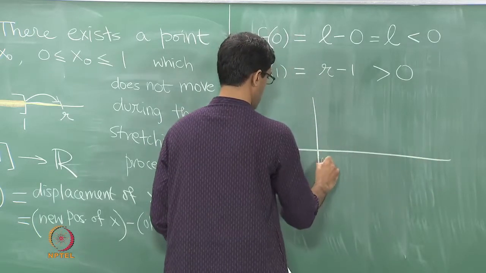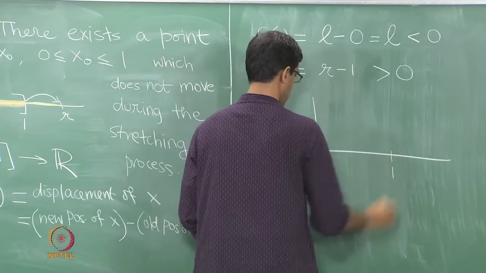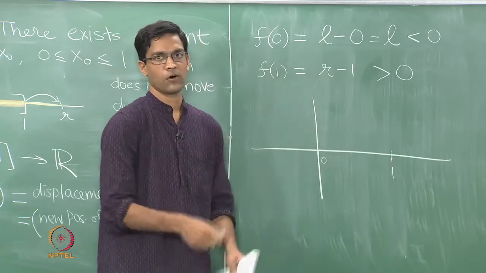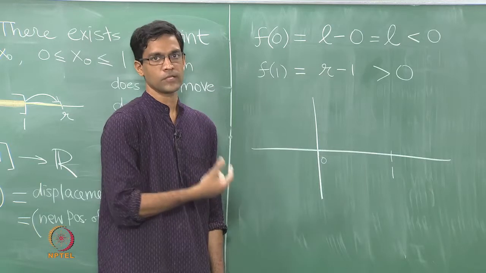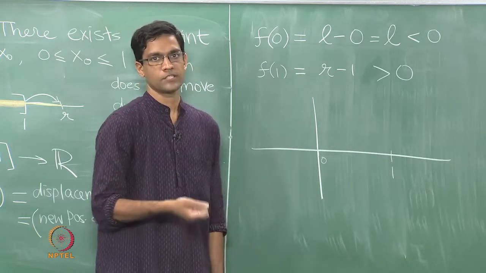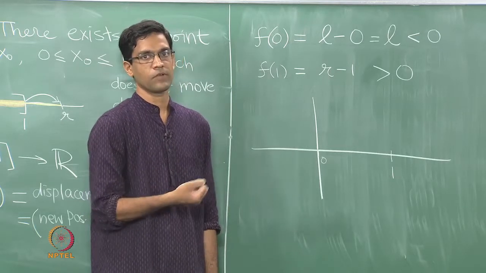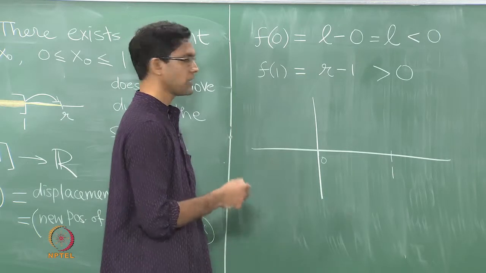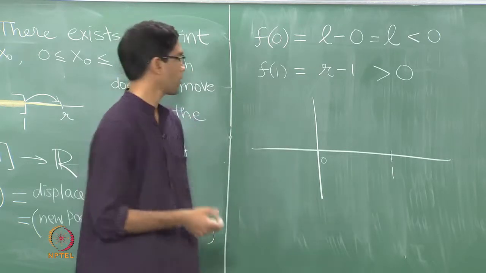So now I have 0 to 1. So here comes the important thing. The function f here is not really defined on all real numbers but only on the interval 0, 1, but the intermediate value property continues to hold. Just while I stated it, I sort of said a function from R to R, but it's enough for it to be a function from the interval a, b to R.